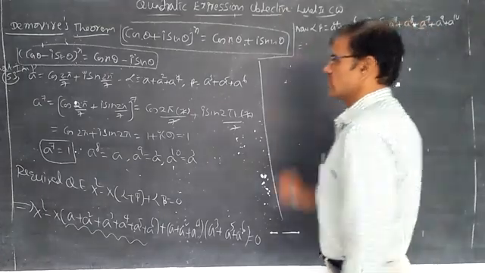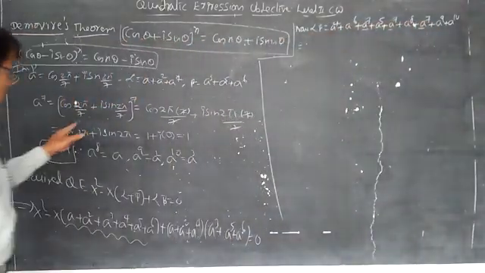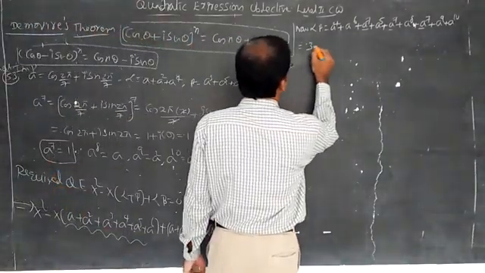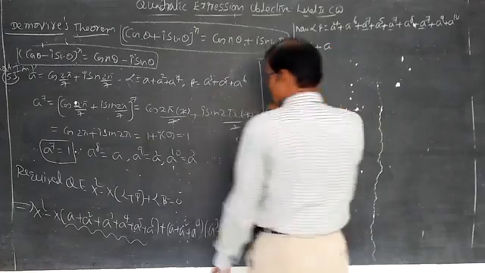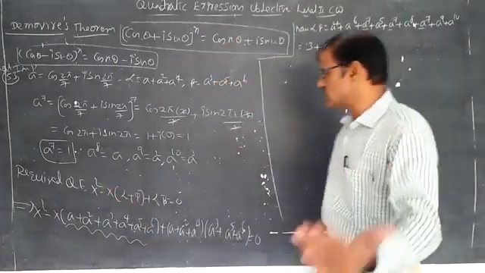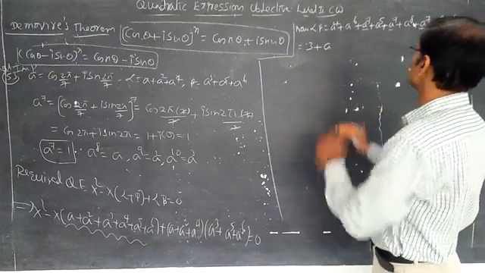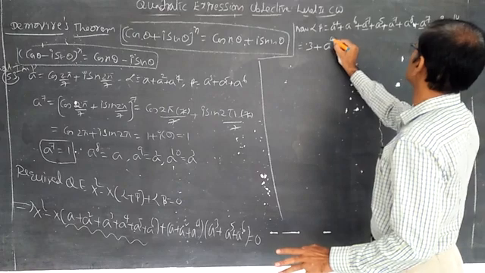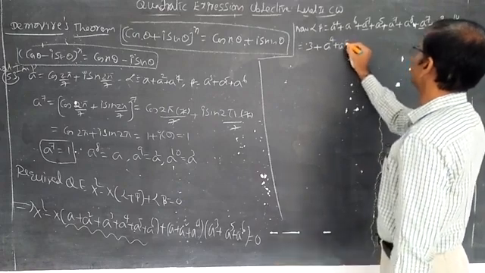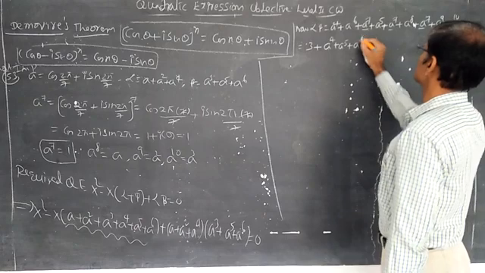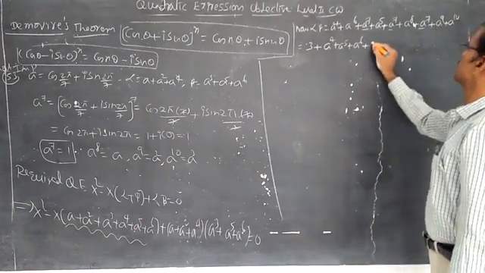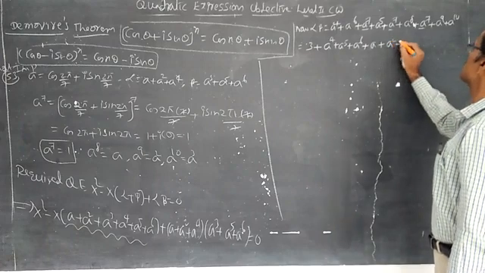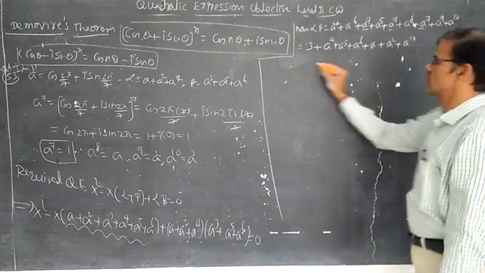Now 1, 2, 3: three a power 7 terms are there. We got the a power 7 value as 1, so we put 1 plus 1 plus 1, that is 3. Plus, I said here a power 8 means a, a power 9 means a square, a power 10 means a cube. So a power 4 plus a power 5 plus a power 6 keep aside. And instead of a power 8, you write a. Instead of a power 9, you write a square. Instead of a power 10, you write a cube. That is